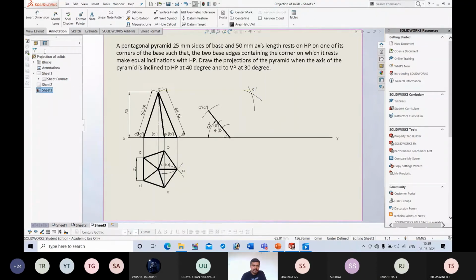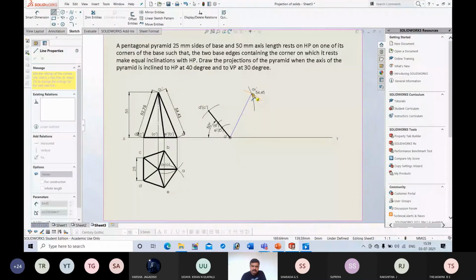Okay, next, connect the points. So I will connect A dash to O1 dash. Next D1 dash to O dash. After that, again you have the apex, so connect these two here. Next, I will draw the axis. This should be a chain dash line, so I will draw it, make it chain dash. Then I will increase the thickness.